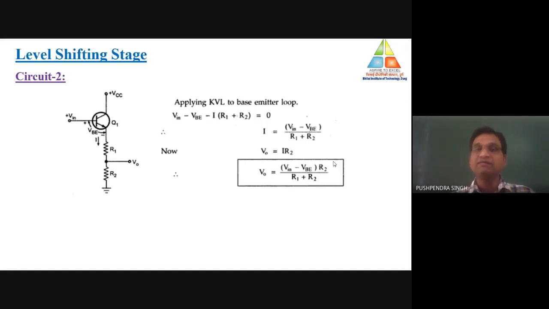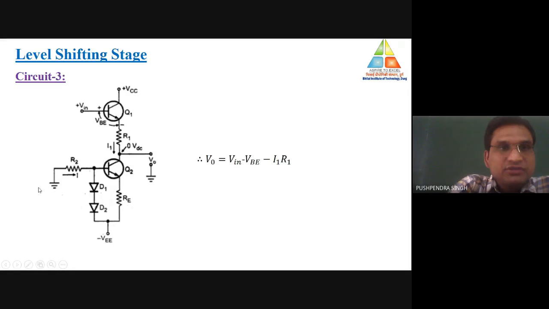This is the basic fundamental which we applied for compensating the effect of common mode gain in the common mode rejection ratio. For minimizing the effect of common mode gain, we need to either enhance the value of the emitter resistance or connect a constant current source. Using the same fundamental here, in place of increasing the value of these resistances, we are using a constant current source. So circuit number 3 is nothing but a constant current source using a diode.